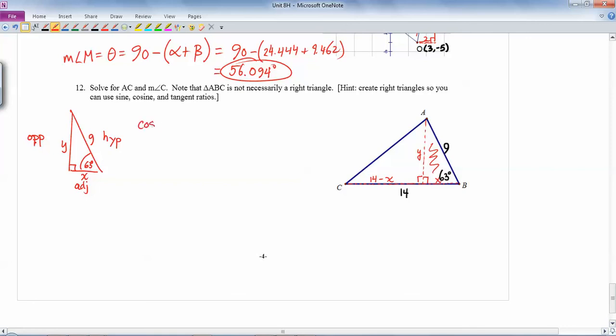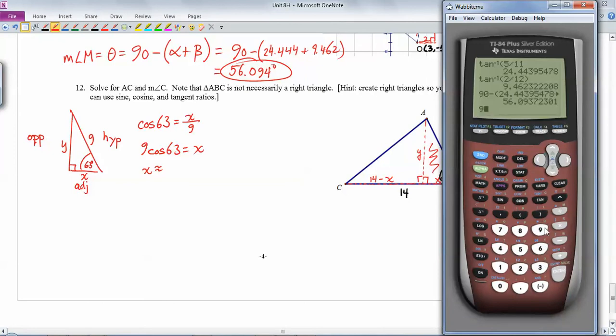So cos 63 equals the adjacent side over the hypotenuse. And then to get rid of that 9 on the bottom and isolate X, I'm just going to multiply both sides by 9. So you get 9 cos 63 equals X. And so if we plug that in, we'll get that X is 9 times cosine of 63,